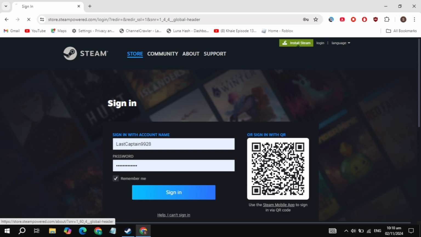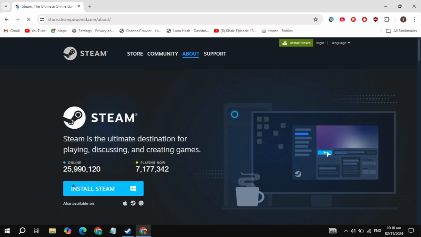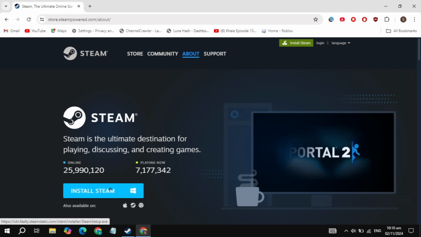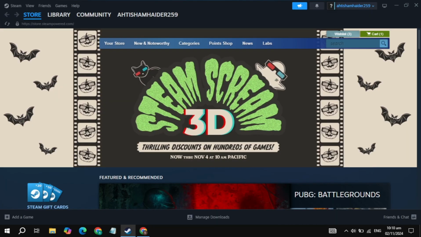Guys, once you create the account, then click on the install Steam option you are seeing on the top. Now simply download Steam and install it on your PC, guys. This is very simple and easy. So once you download and install Steam, simply open it, then log into your account, then click on the